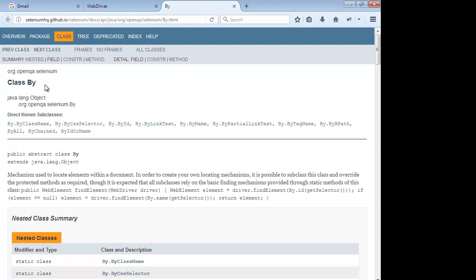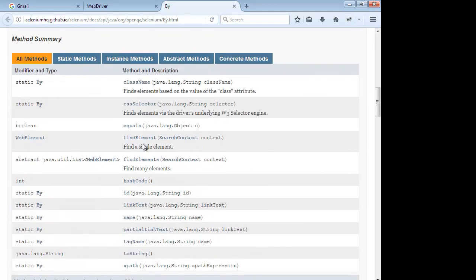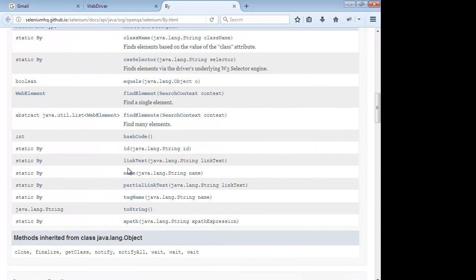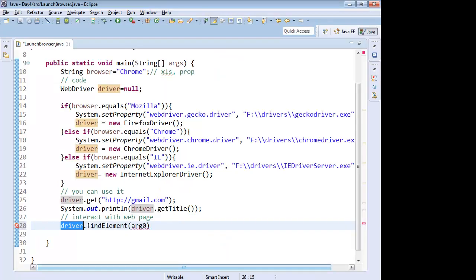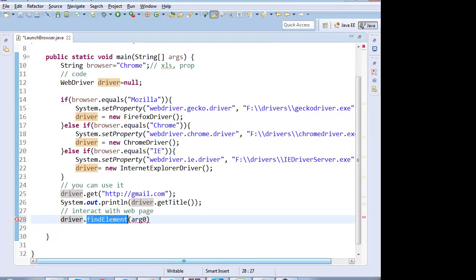There are various ways with which you can identify the elements on the web page. For example, a very simple example like link text or ID or name, and there are other things like XPath and all. We look at them. Okay, so driver.find element, then the By class defines by which criteria you want to find the element.